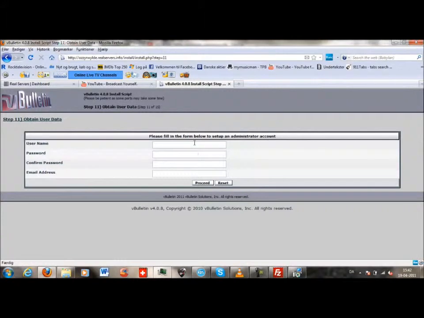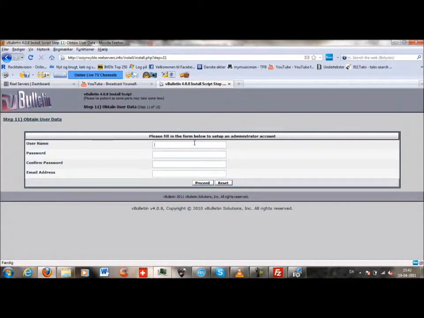And here you shall fill in your normal login information as you used to log into your admin account, so you can change the website something.